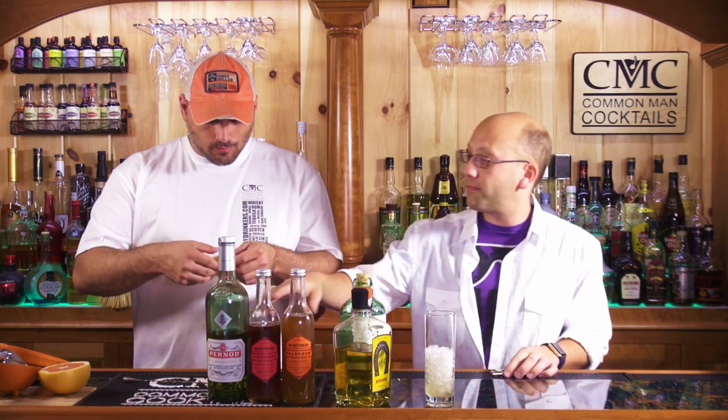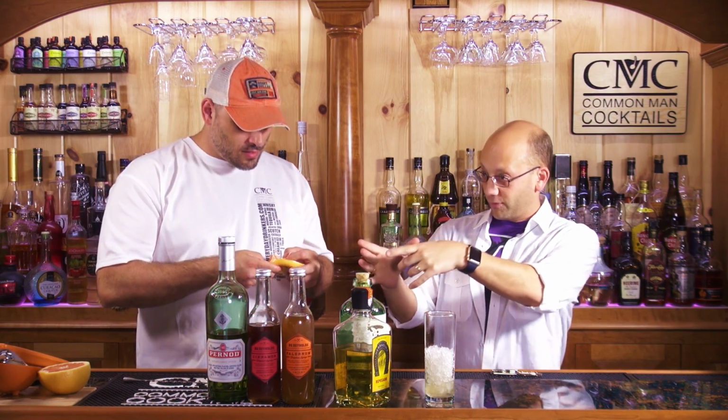I would put it in a punch bowl and then shave off huge, in-your-face slices of grapefruit, big rind, like the orange slice on top. Just throw that in there. Just add a bunch of straws. 20 community straws. It's that type, and everybody's gonna go, what the...